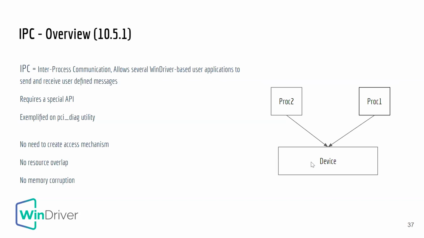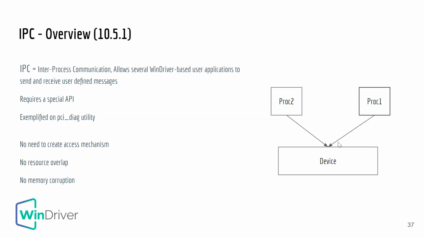So we know that the device is very sensitive. It can't be messed around with too much. If one process is overwriting the other process, the kernel will break, and things can get very messy. So what we offer, the solution, let's say in this case, if you have two processes that need to access your device,